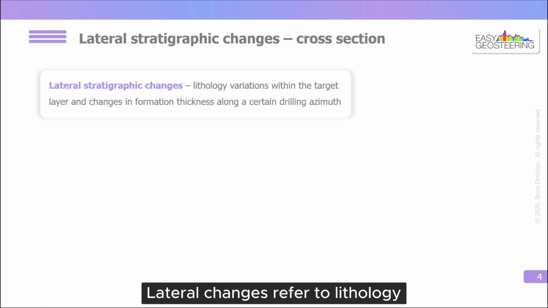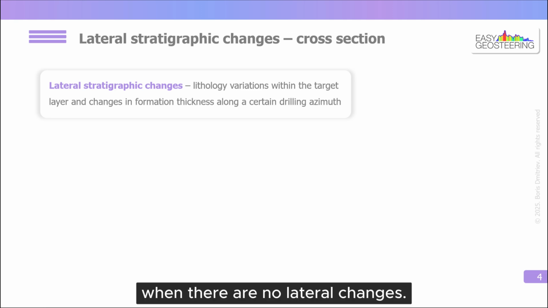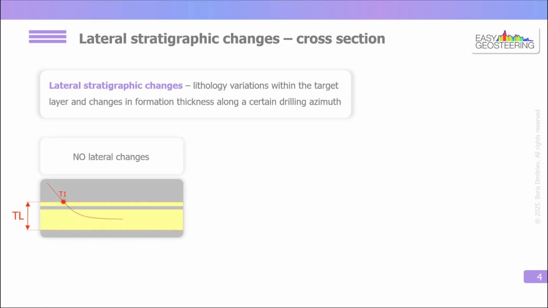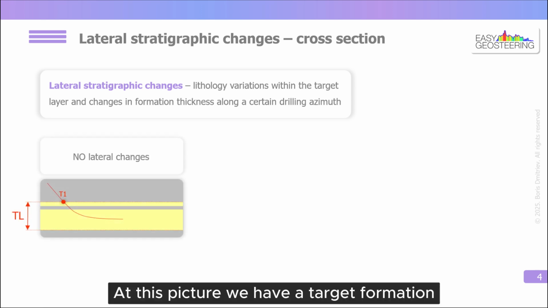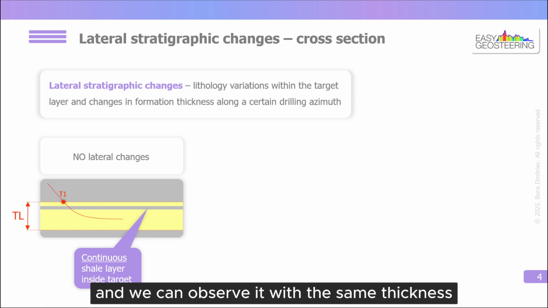Lateral changes refer to lithology variations within the target layer and changes in formation thickness along a certain drilling azimuth. At first, let's see how the cross-section looks when there are no lateral changes. In this picture we have a target formation with a continuous shale layer inside. Continuous means that this layer doesn't break along the well, and we can observe it with the same thickness in